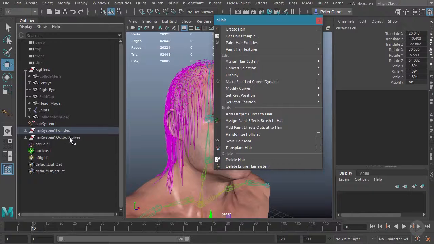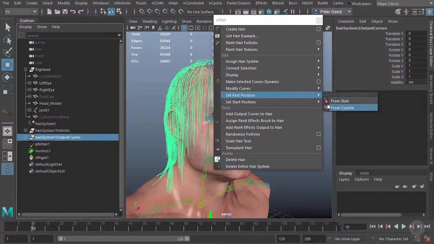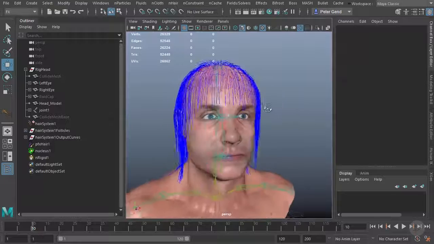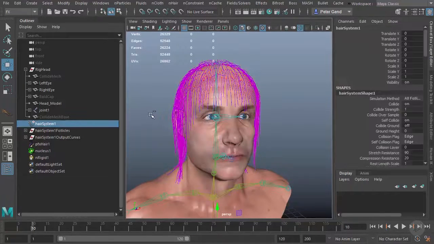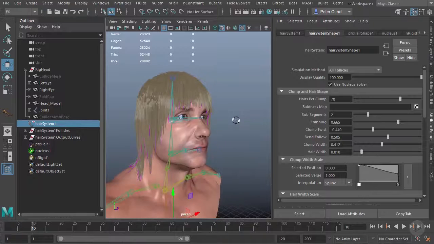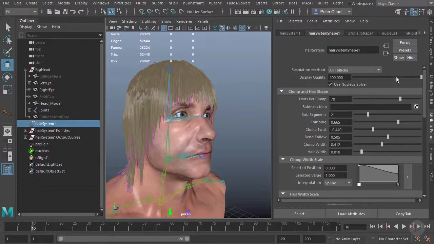Oops. Let me actually reselect those curves. There we go. From current. And now I've managed to shorten those hairs and they're back in a more naturalistic position. So if I were to come back over to my hair system and turn the hair back on, we can see it's shorter. However, there is